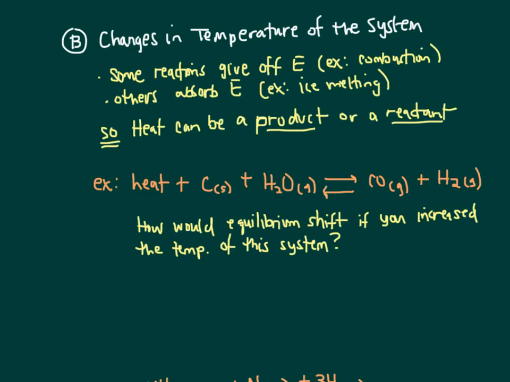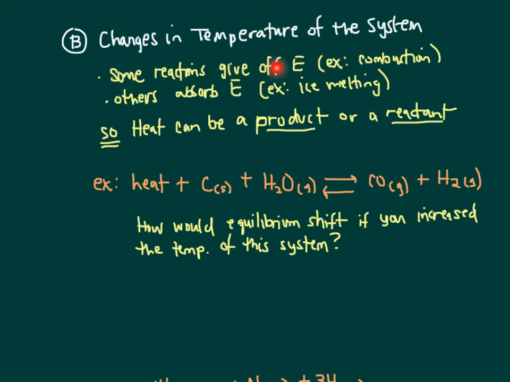All right, so the second condition that you can change about a reaction that has reached equilibrium is the temperature of that system. And if you change the temperature of that system, it is going to change its equilibrium position, or affect its equilibrium. So you need to understand that some reactions, when they proceed,